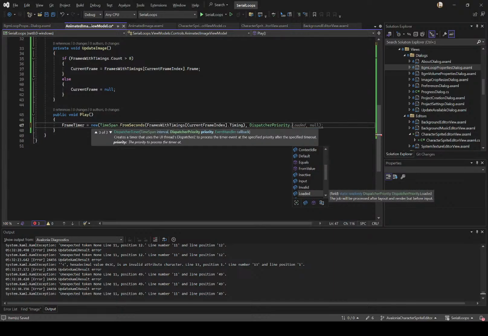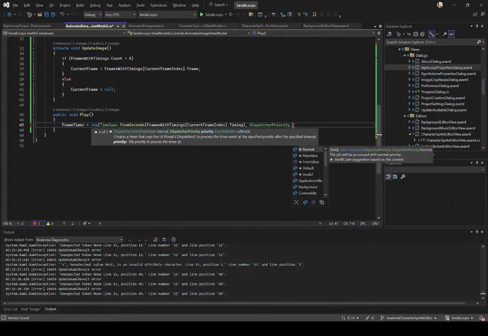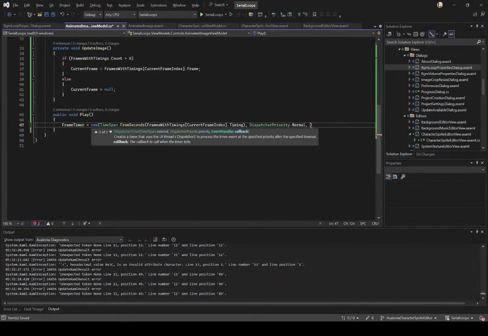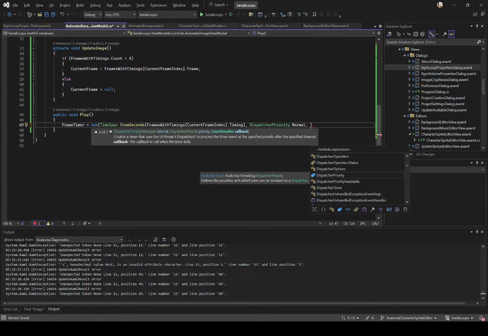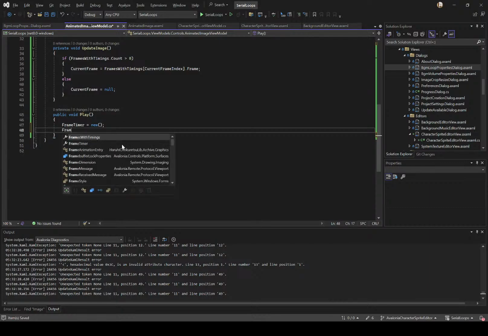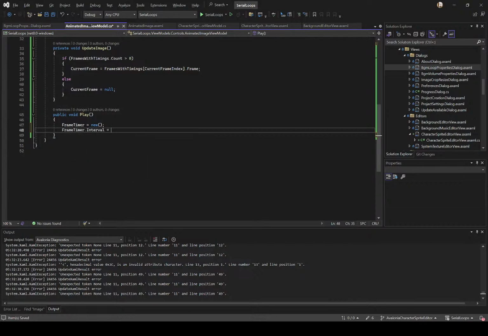Wow, I guess there's a lot of options here. Okay, we're just gonna say normal. I don't really know what that's about, so I don't really care. And then we have an event handler callback here. No, actually, I think we should do this differently because I don't want to define the event handler in the constructor. That's a pain. Okay, so frame timer dot interval equals that,